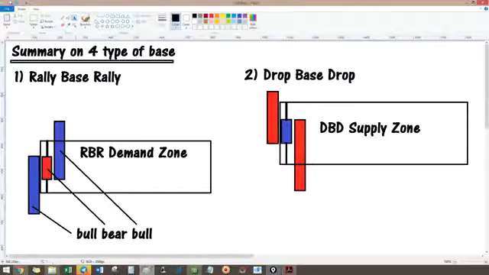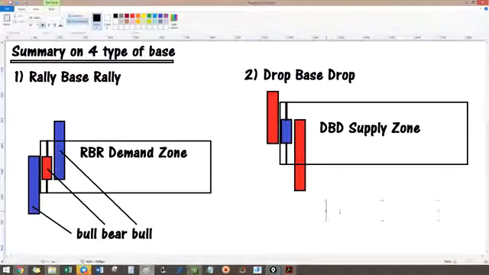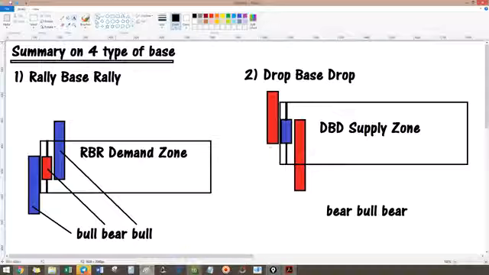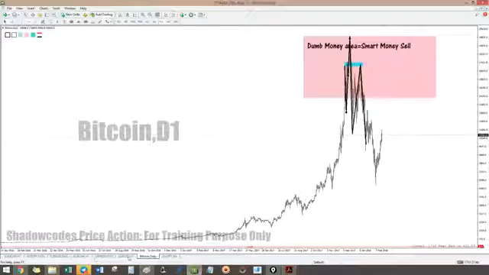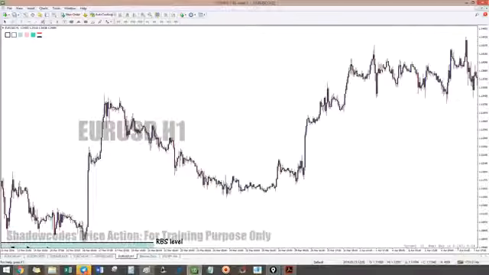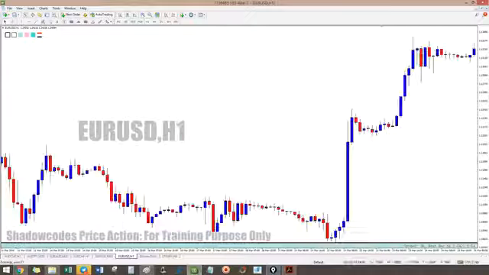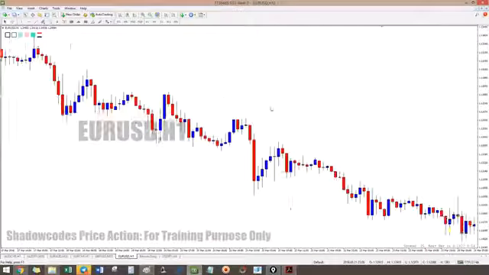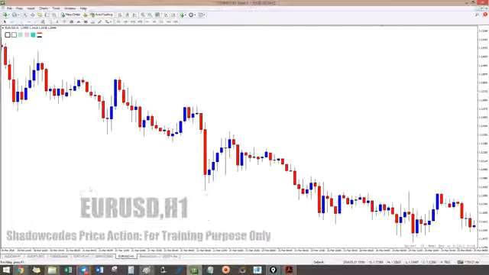Okay. So it needs to have bear, bull, bear. Okay. Bear, and then a bull, and then a bear. Okay, let's find it in the chart. EURUSD. Okay, let's find it. Okay, do you see here? It's a bear, bull, bear. Okay, so you can take this as a